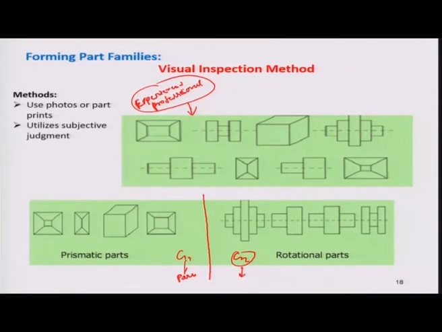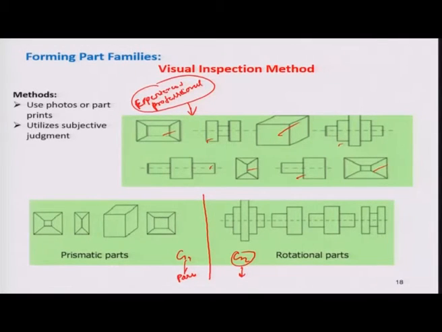Here are the prismatic parts: this one, this one, this one, and this one. They are prismatic in shape, and here they are all rotational parts. So these are clubbed together in different groups. This is completely based on visual inspection.